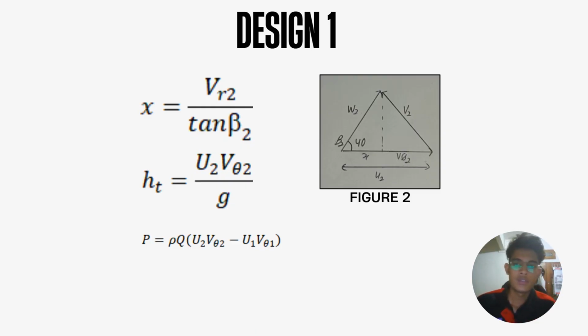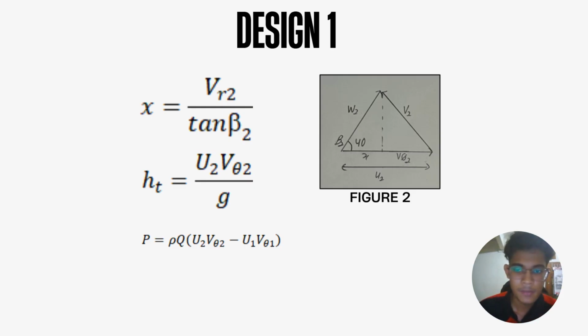And after that, we find the radial velocity for outlet, and we arrange the equation, and it will give VR2 equal to Q over A2, and the area for the outlet is 2 pi R B, where the blade thickness for outlet is 0.025 meter. And after we rearrange the equation, we got VR2 equal to